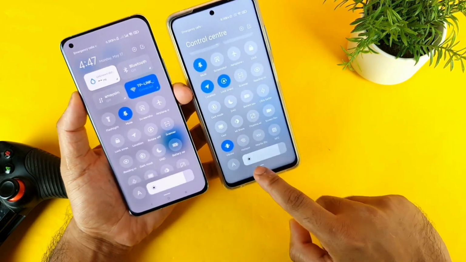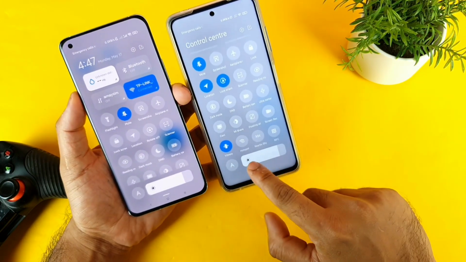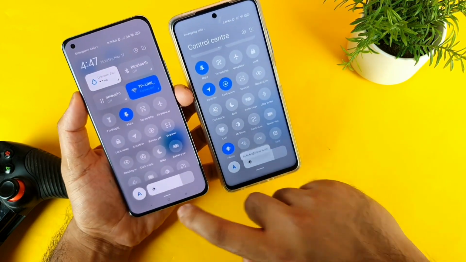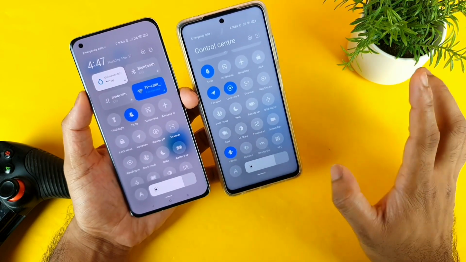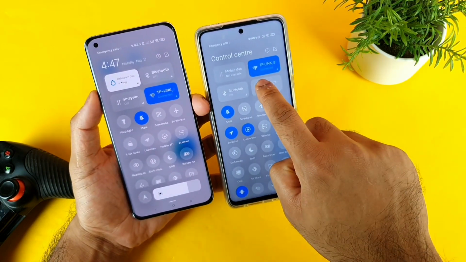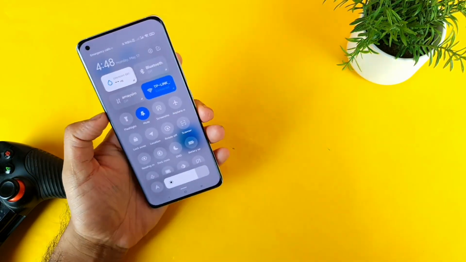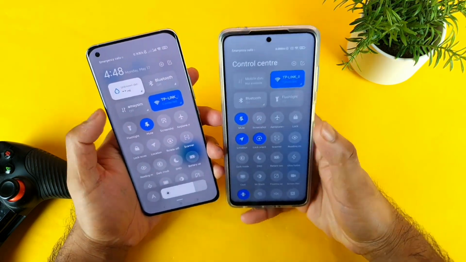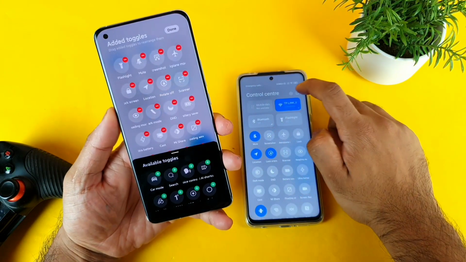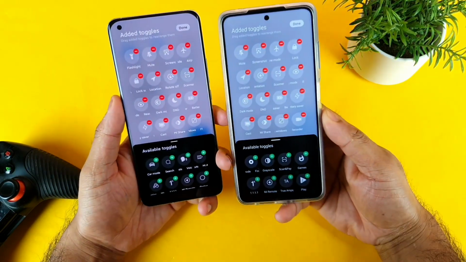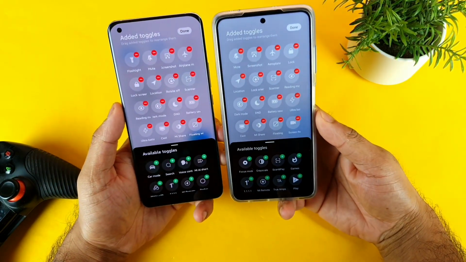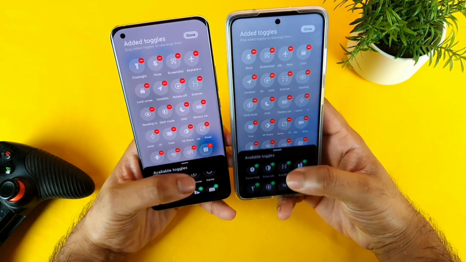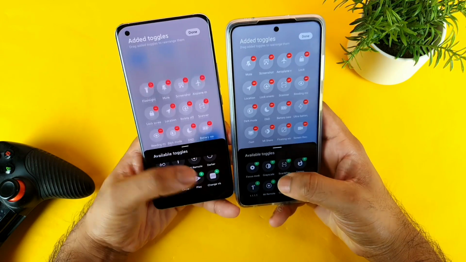Apart from that, everything is quite the same. The auto brightness style and design are the same. The way it increases and decreases, all the animations are quite the same, so nothing much difference. Even if you long press and tap the flashlight, all the animations are quite the same in both phones. And if you click edit in both UIs, you get the same kind of menu styles. So there's nothing much difference in terms of selecting options. Everything is quite similar to each other, friends.